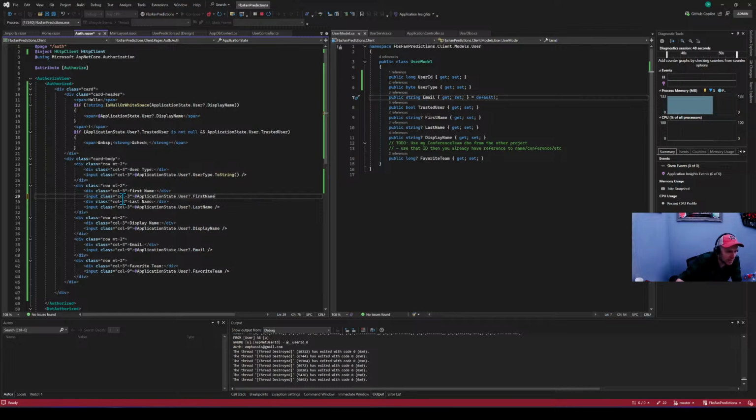Oh my gosh, that's what the problem was right there. Value equals. Okay, that's why it always looked weird. Okay, and then this one's type equals text,